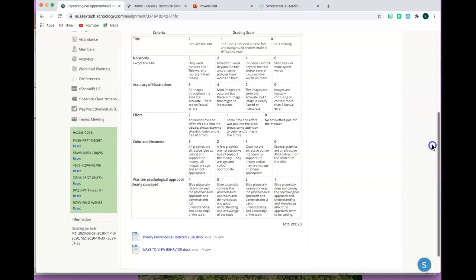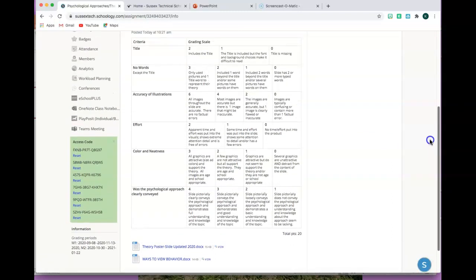All right, so as you can see, most of it is just following directions, including the title and no other words, using colors and attractive pictures, coloring your slide. So you can really easily get a good A on this assignment. And again, it's your second summative of the marking period, and so I'm really hoping to see really good grades